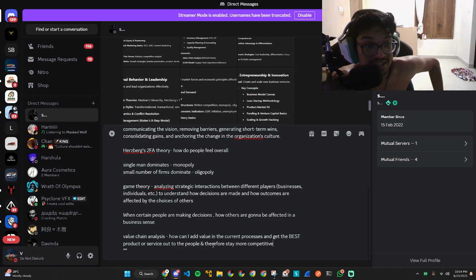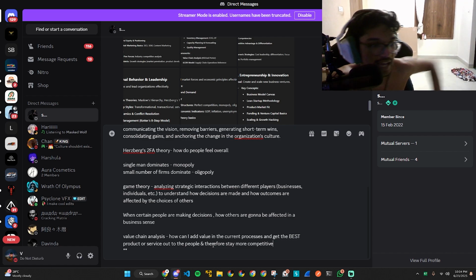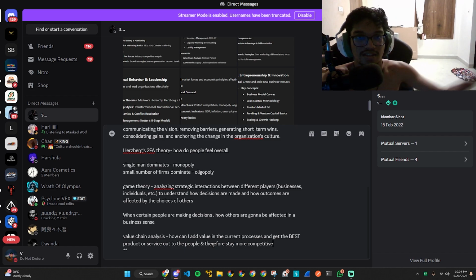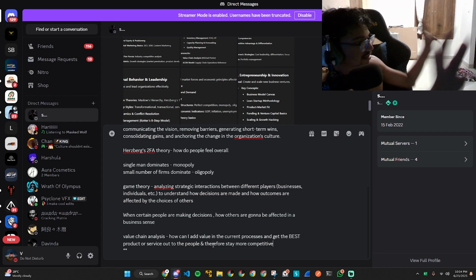But there's a lot more, because you need warehousing and warehouse management, managing inventory. AI can do that if it understands where the boxes come from. So value chain analysis: how can I add value? This is the chain.